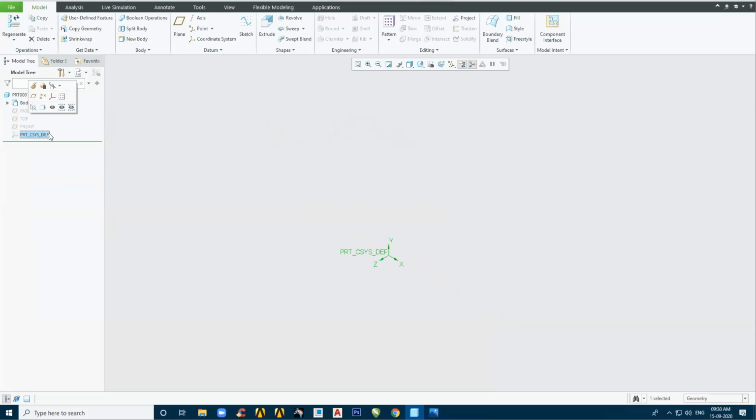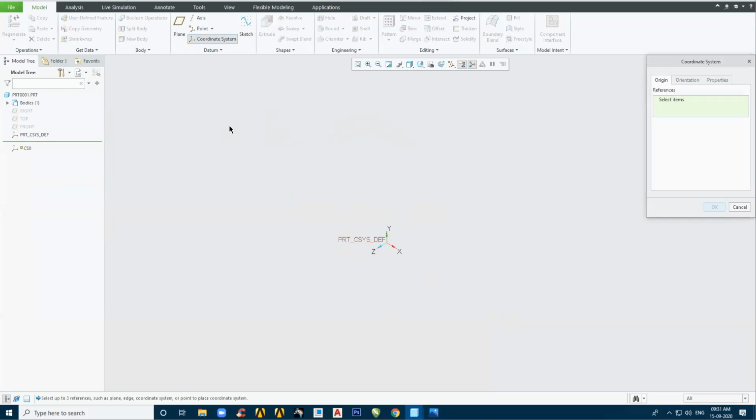Okay, this one I will turn on. So this is one coordinate system which I have. From this coordinate system I can create one more coordinate system. How? I'm clicking on coordinate system, and now the reference which I am giving is this coordinate system.